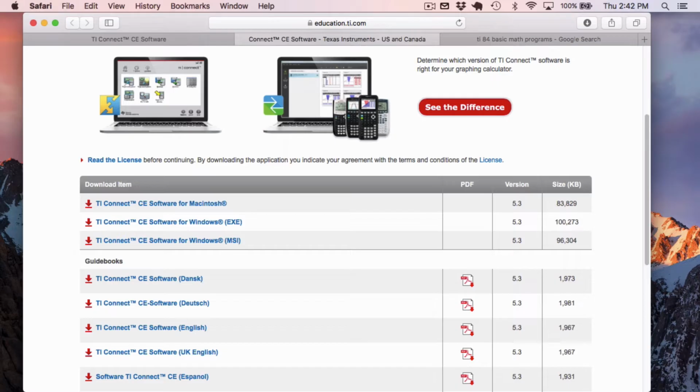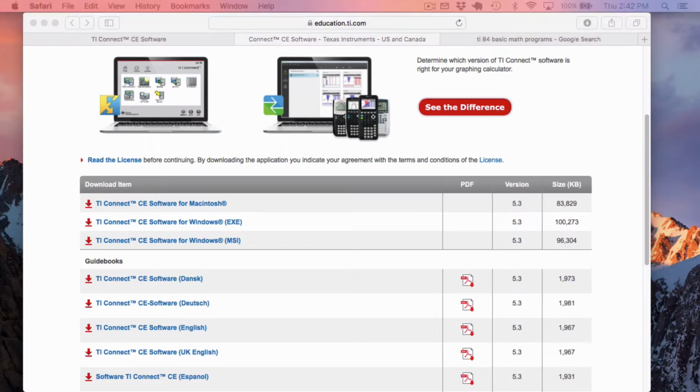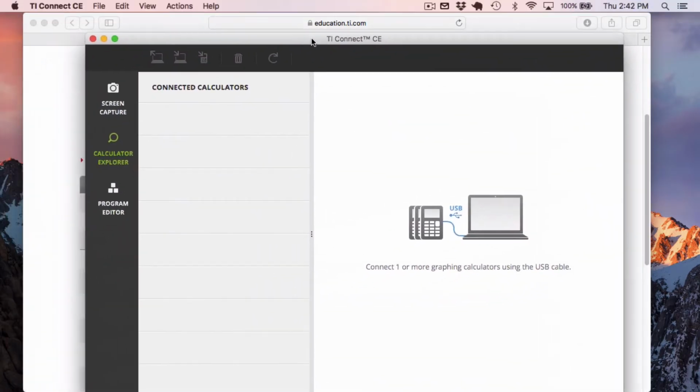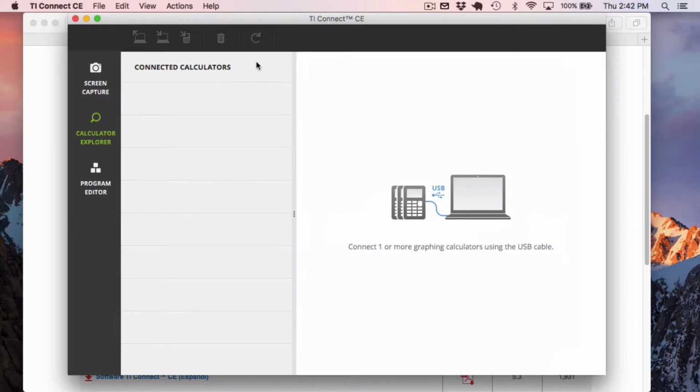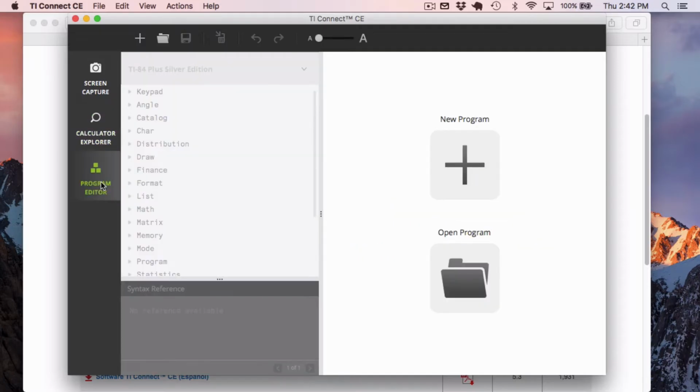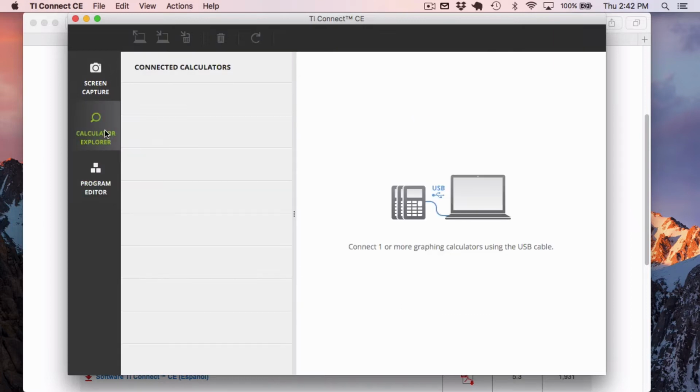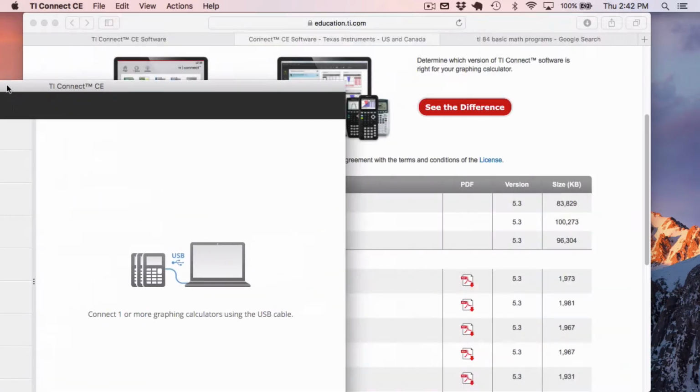So once you have the application up and running, what you're going to see is something like this. So TI Connect CE, you're going to see three tabs. The first is screen capture, if you want to capture the screen on your calculator. The Calculator Explorer, and this is what we're going to use to send files to and from our computer. And lastly, the Program Editor, if you want to make a new program or edit an old one. So again, we're going to stick with the second tab once we connect our calculator. So moving this back,